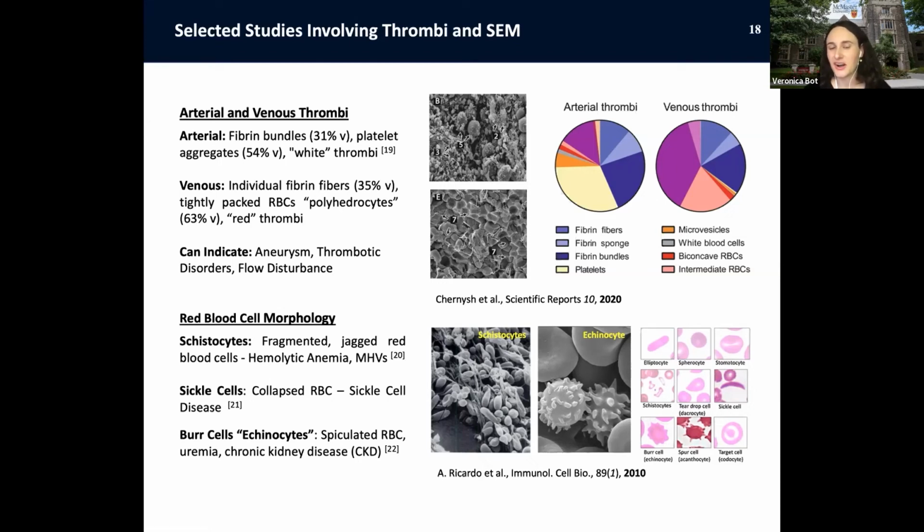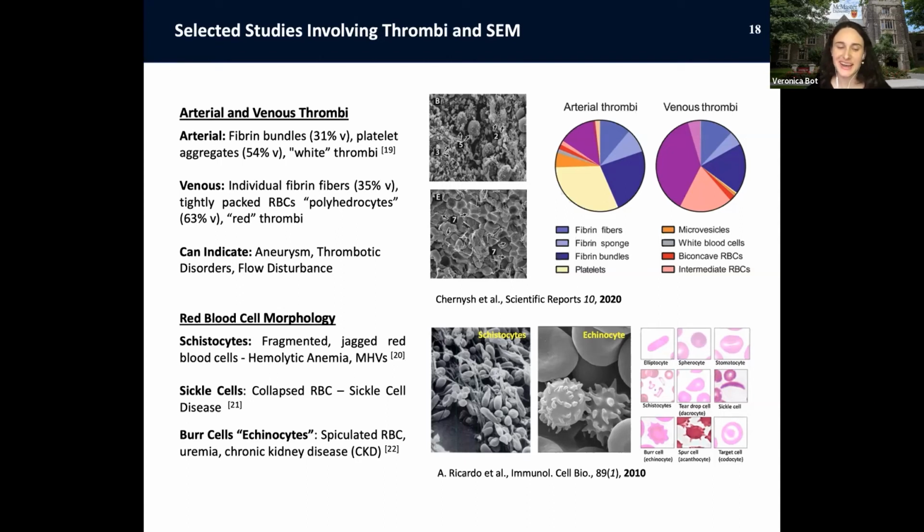are typically called in lay terms a white thrombus, so composed primarily of platelets, not much presence of red blood cells, whereas venous there's a fairly high density of red blood cells. And depending on the composition of the blood clot, we can gain insight into, again, the origin, the flow properties in that location, wall shear stress, whether there was some sort of pathology that occurred, like an aneurysm.